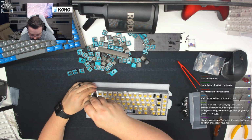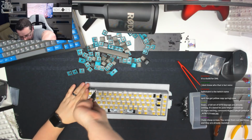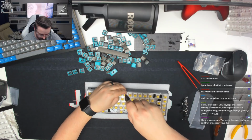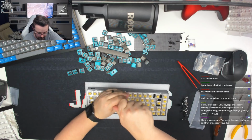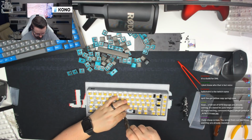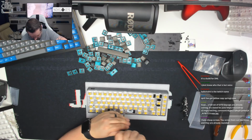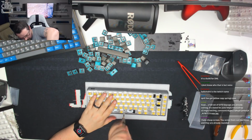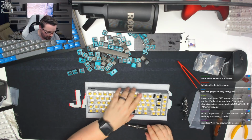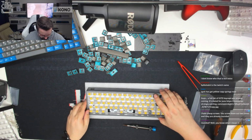Come back up to this top side here. We're gonna, as I say, move our way inboard. There's only 6, sorry, not 8. There we go. Last one. There we go. So that's all now nice and solid in place. We can then pop the top case on,